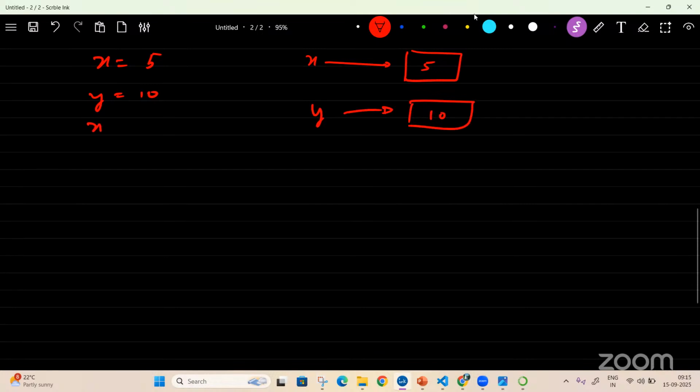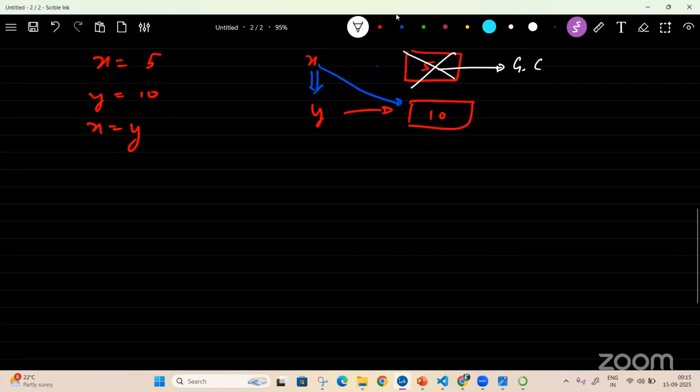When I said x is equal to y, it is equating to this. Since it is equating to this, it will point to this one, and the old one will be removed. Now, is 5 assigned to anything? No. If it is not assigned, the garbage collector will remove it.